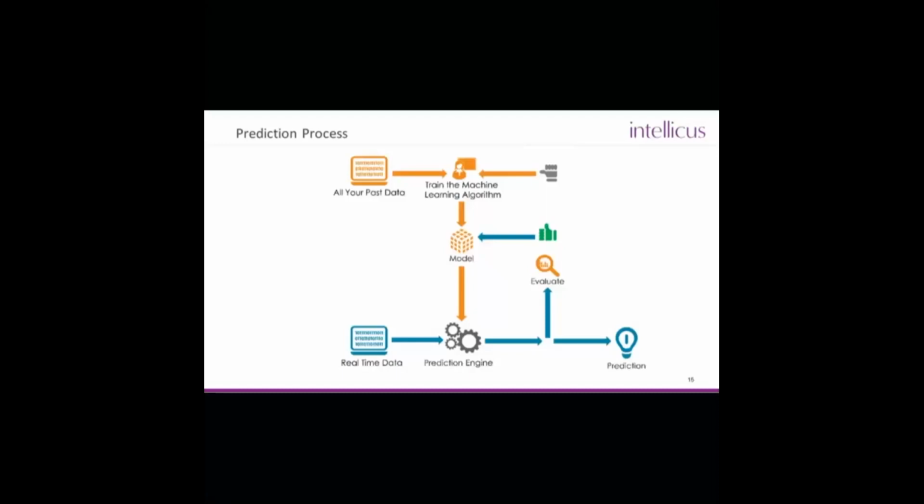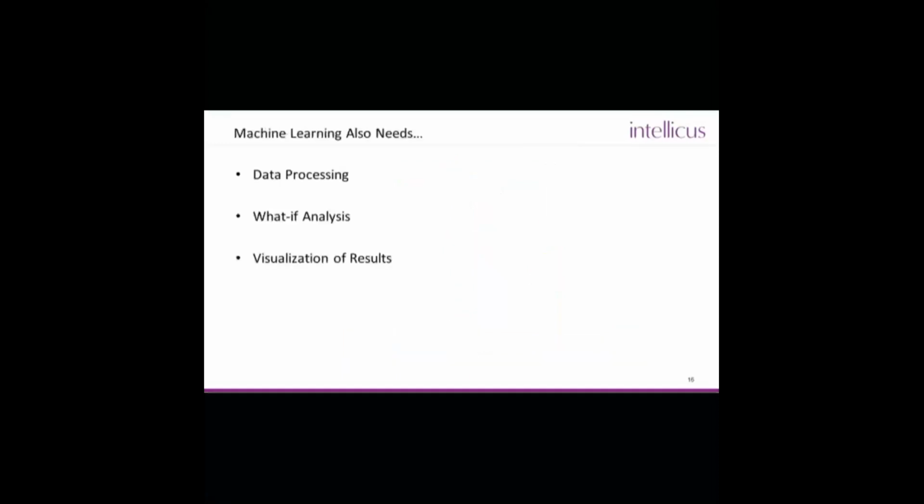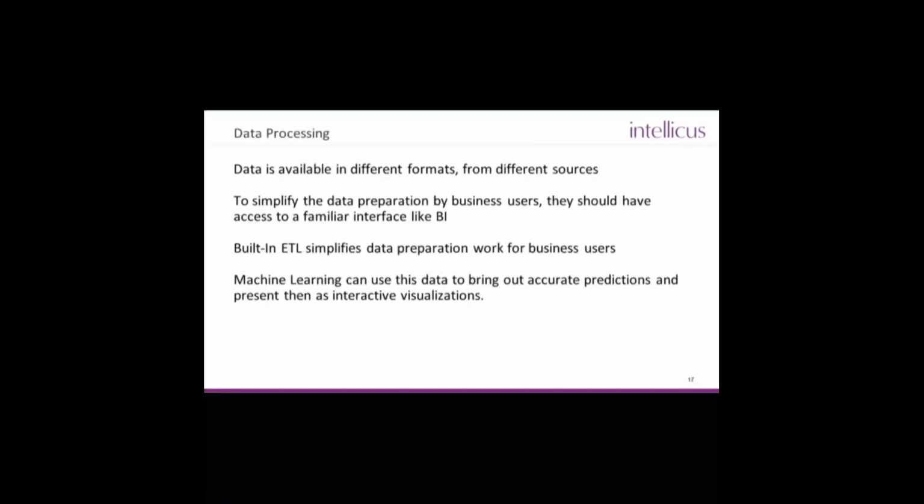So that's an example of how we would use this process, a relatively simple process, but a really important process to determine, if nothing else, a fraudulent transaction. Now, you can apply it, like I said, to customers or to many other different things, but that's a really good example of how this works. But that's not all. Machine learning also needs a few other things, so I'm going to finish up my part of the talk with these next topics: data processing, what-if analysis, and visualizations. So let's talk about each of these.